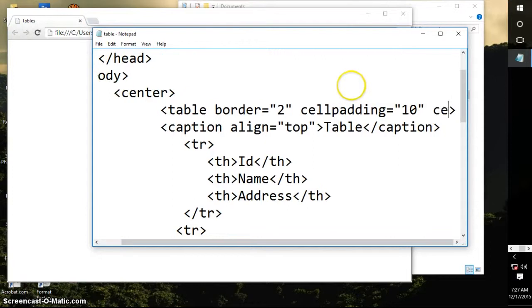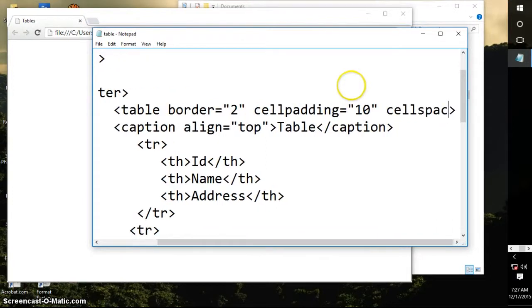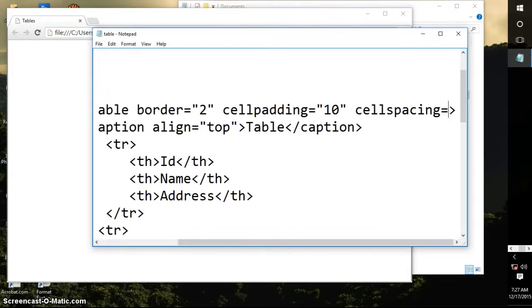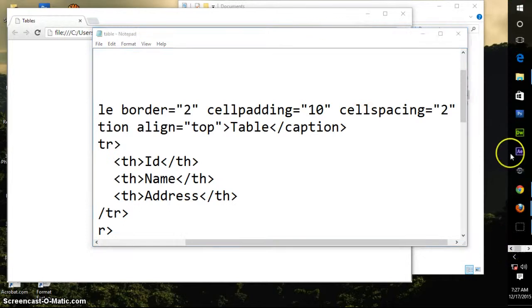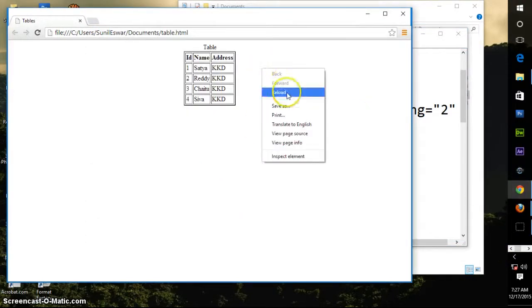Cell padding equal to 10 and cell spacing equal to, let us give it as 2. Okay, let us save our file,